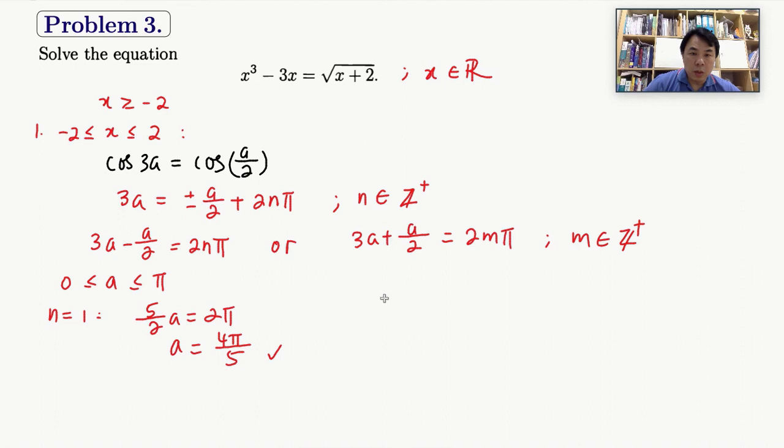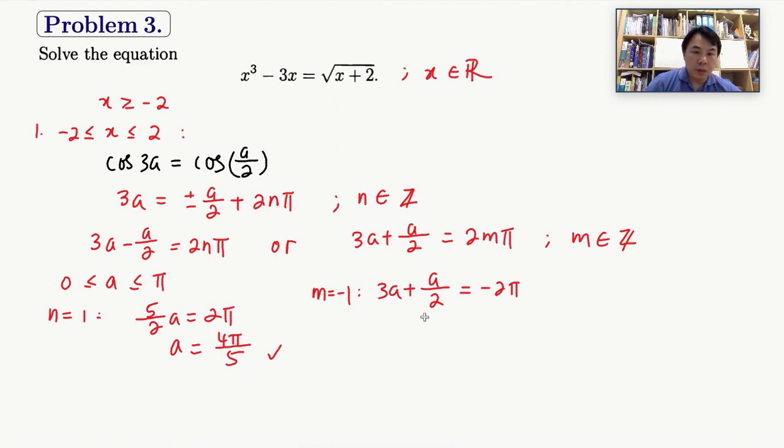And then we're going to test for the second one, where we have 3A plus A over 2. Alright, I think I made a mistake here. Just let me clean that up. It should be all integer numbers, not necessarily positive here. It could be any integer numbers. So let's use the second condition. Instead of letting n equal to 1 here, I can let m equal to -1 for this second case. That will give me